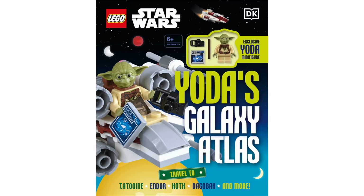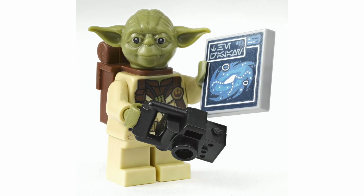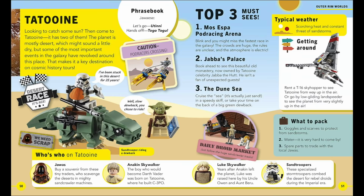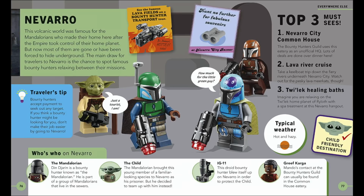Next up in LEGO Star Wars news, we got some updated photos of the upcoming book Yoda's Galaxy Atlas, featuring an exclusive Yoda minifigure. The figure itself looks really nice with that updated torso and some unique accessories, making it look like he's been backpacking around the galaxy. And throughout the book, you'll see him on his different adventures through the main locations from Star Wars. While I imagine most adults will only buy the book for the exclusive minifigure, this one does look pretty unique,